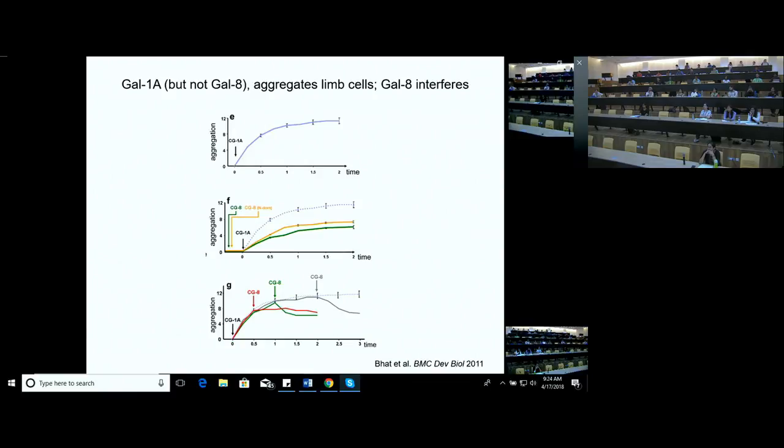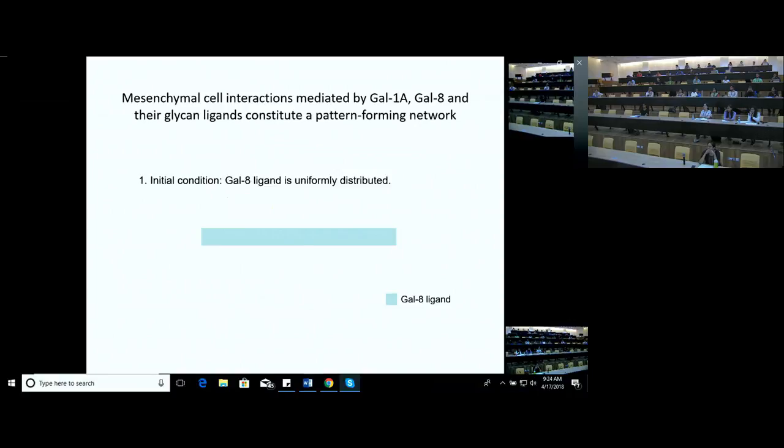CG8 bound the cells very well, but it didn't specifically induce its own binding. Okay, so the summary of these experiments can be put in a schematic like this. So this is mesenchymal cell interactions mediated by galectin 1A, galectin 8, and their glycan ligands. And this constitutes a pattern-forming network. And just based on the experiments, we came up with a very rough idea about what's going